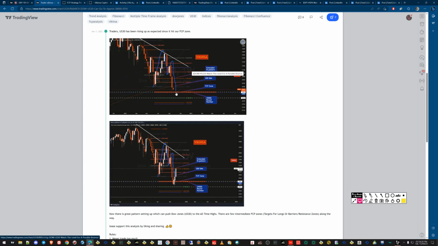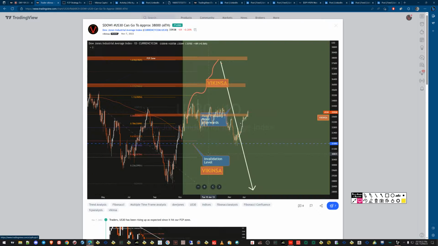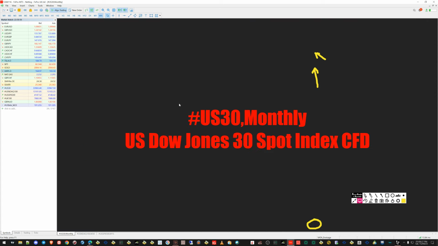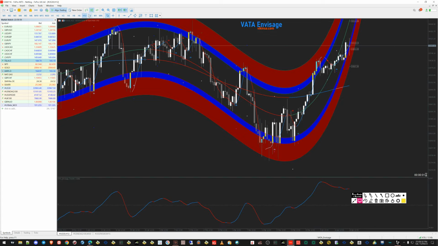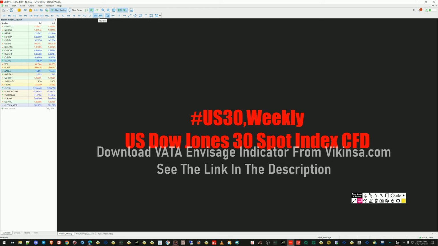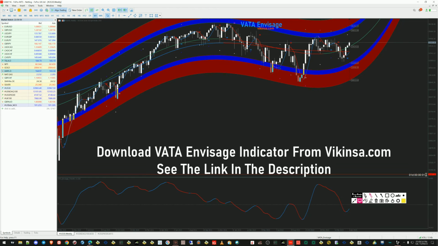So we started from 29,000, right? Started to bounce up, and then this was the bounce, and now it is expected to even rise up. If I go to the Dow Jones, okay, so if I go back to weekly time frame, we can clearly see that the market is now bullish. We can see it here, the blue. We have got a signal, and these are the open targets. There are several open targets. One here, one here, one here, and one here. There are several targets which have been opened, right?